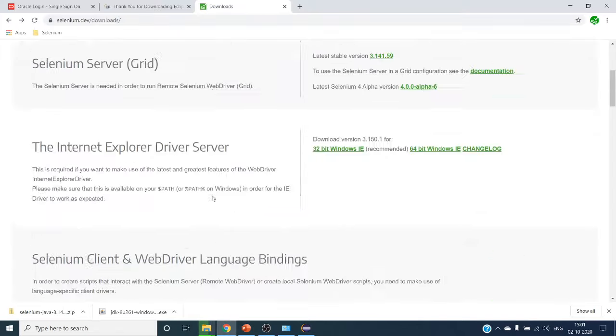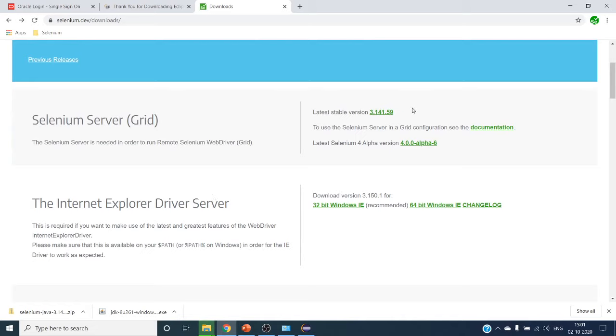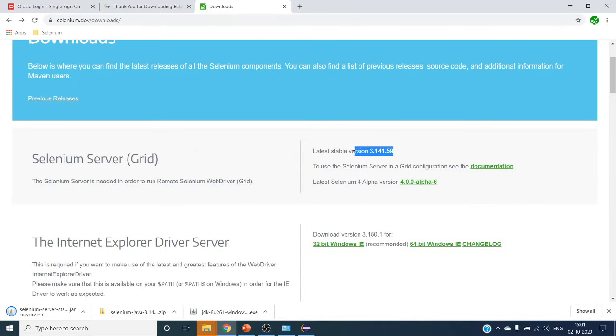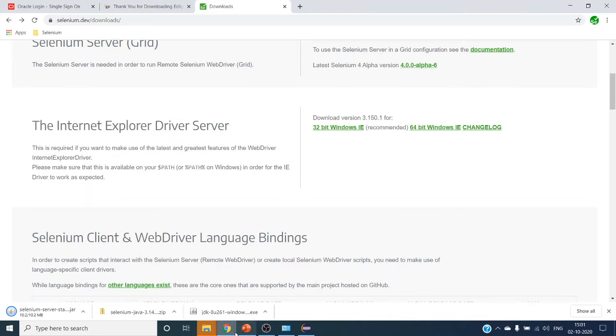Meanwhile, we will download this Selenium Grid as well. This is just a single jar file. It will not have any other files. Let's click on this. If you want to work with just a single jar, you can go for this. There is no harm in working with this Selenium Grid jar, or you can go for the Java bindings. By default, this is in Java, so you can download this also.